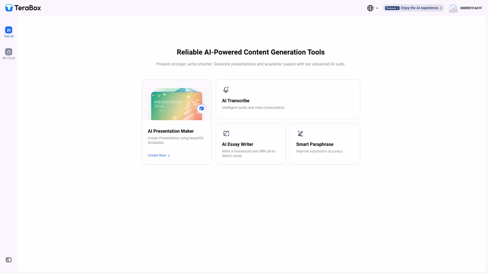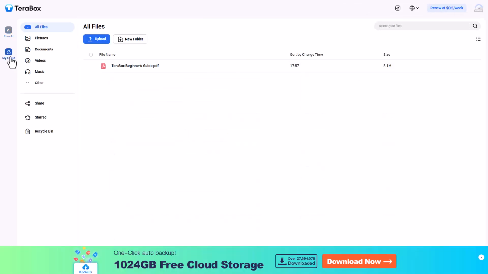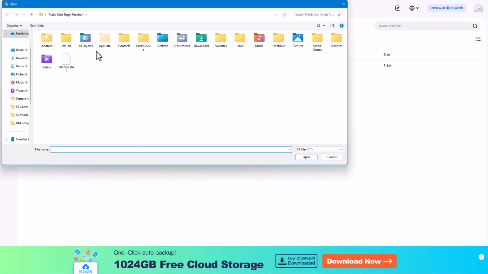In order to start uploading your files in Terabox, you need to go to the My Cloud section right here. Now, in order to upload a file on the root folder itself, all you need to do is click on Upload. That is, hover over Upload, and you can see that Upload File or Folder is an option. So if I click on Upload File right here, it opens up the Explorer